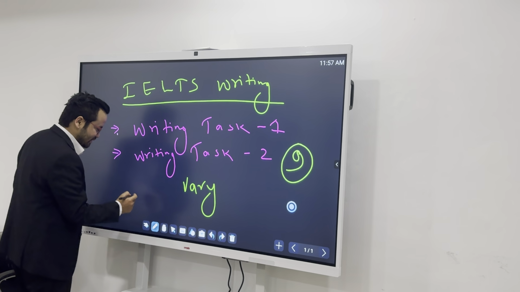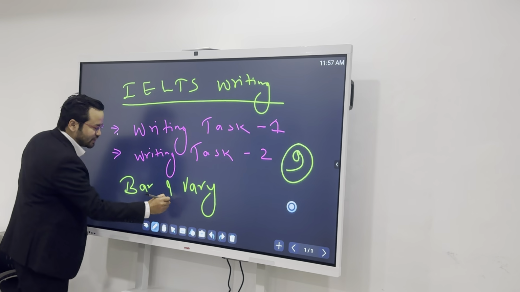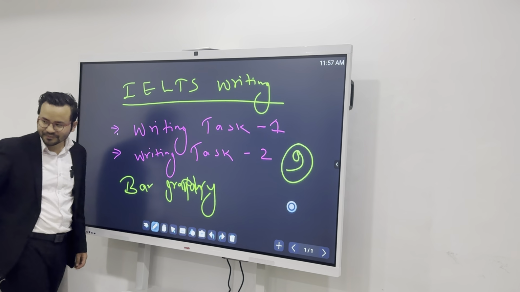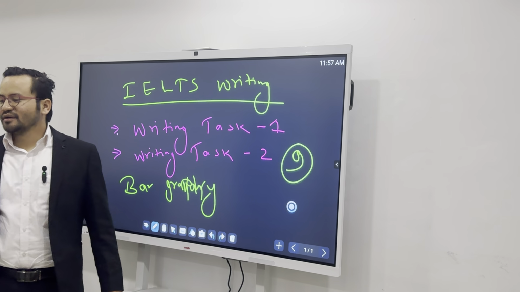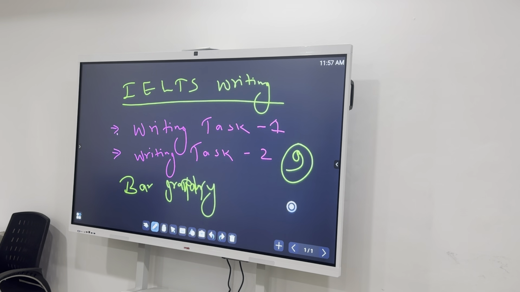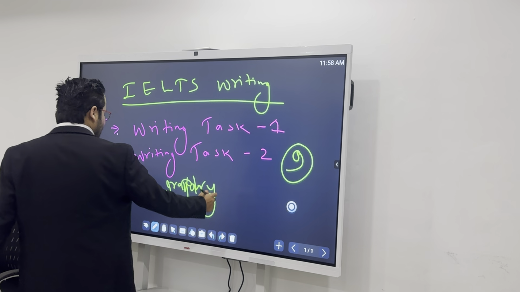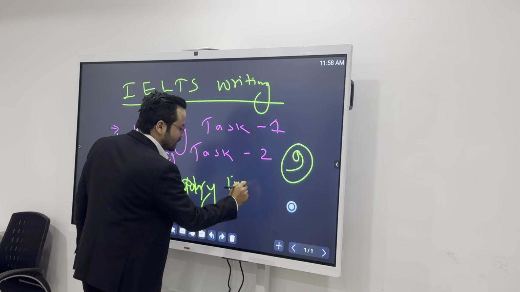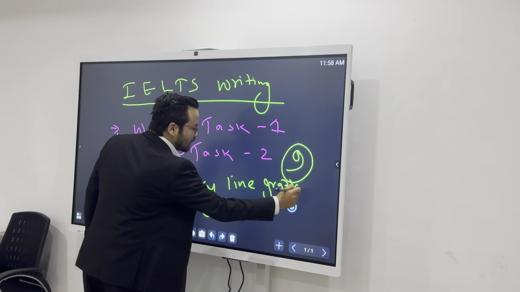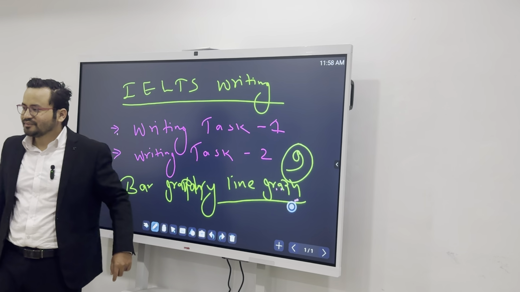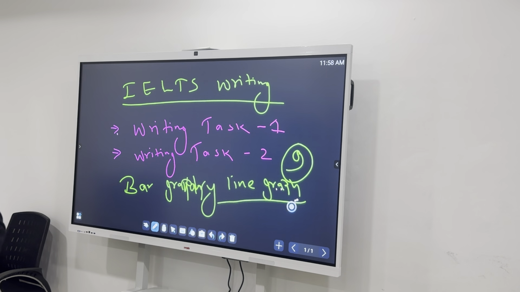Write down bar graph, line graph, map. Okay, map. Why are you writing G? Okay, bar graph, line graph, map,